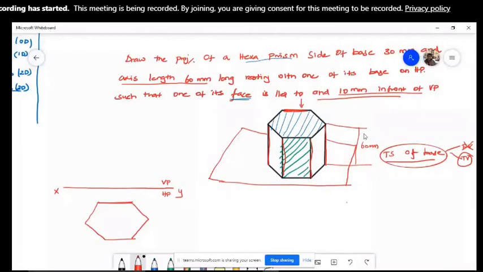Okay. So in order to avoid the confusion, you name one base with alphabets. Let's take this as C, D, E, and F. And the other base with numericals, 1, 2, 3, 4, 5, and 6. Okay. If you see from here, then the base named with the alphabet will be visible. So this will be my A dash, B dash, C dash, D dash, E dash, and F dash. Okay, the base named with the numericals will not be visible.